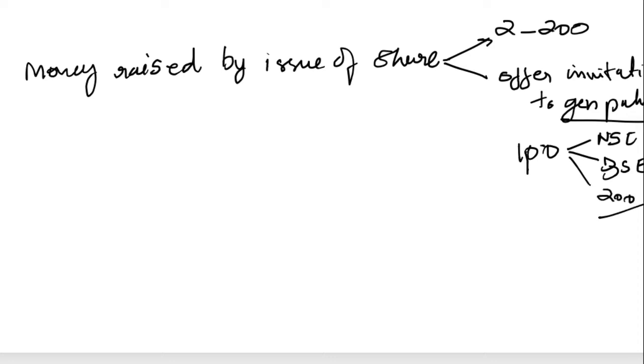Major stock exchanges are again NSE and BSE, and so a company limited by shares can issue shares. So the share capital of a company can be classified in several heads, like